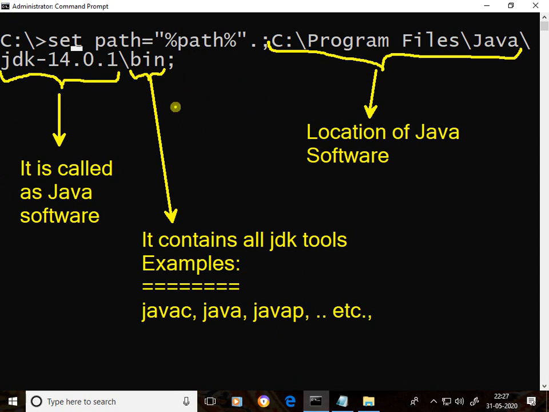Without setting the path, if you use them, a not recognized error comes.